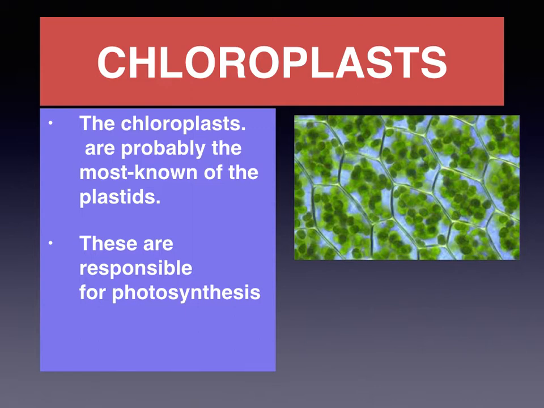They contain the green pigment chlorophyll. Do you remember what chlorophyll does? Yes, of course you do. The green pigment chlorophyll helps the plant make its food, and this process is referred to as photosynthesis. The green pigment chlorophyll is the important pigment that helps in trapping the sunlight. So we can very confidently say that chloroplasts help the plant in carrying out photosynthesis, and they are green in color.